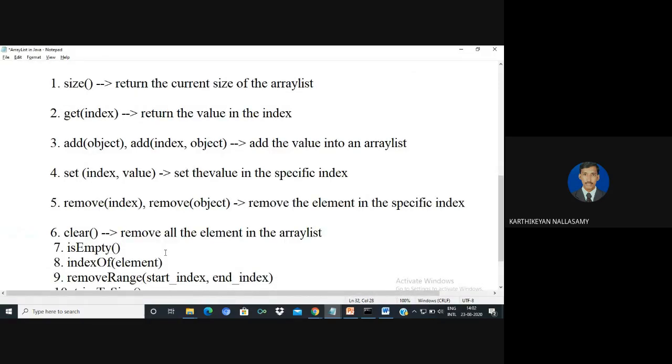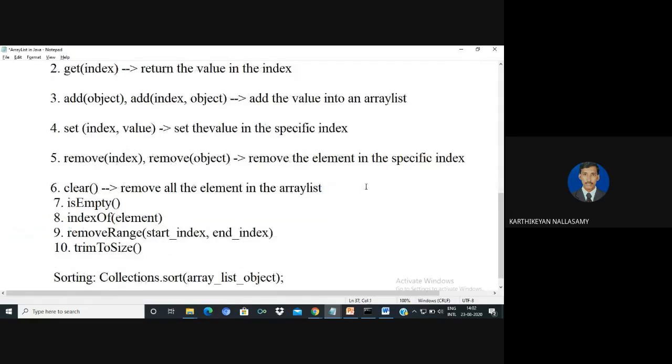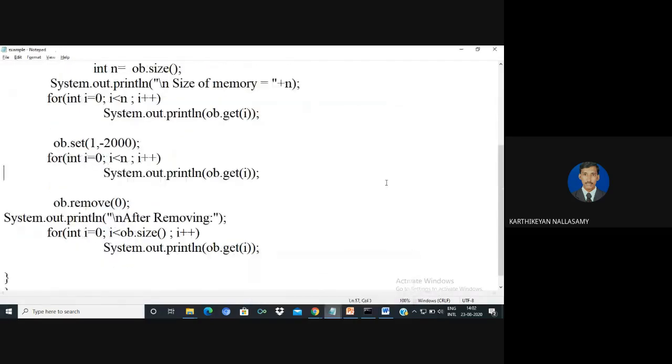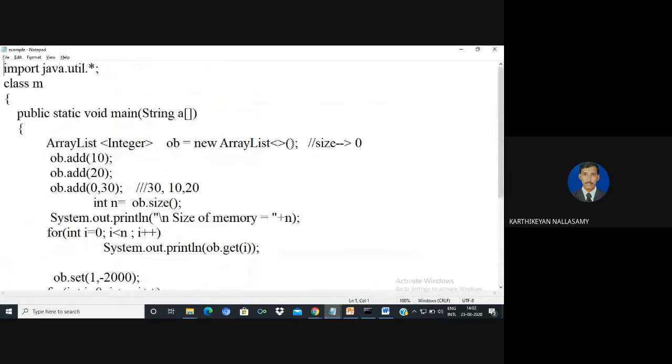But before that, I'm going to talk about the parameterized constructor for array list. If you are using 10 here, it means that 10 values can be stored.